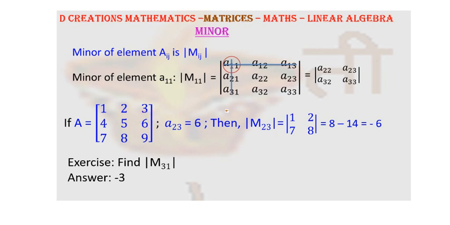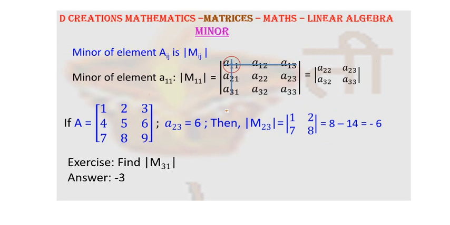So how do we go about it? Looking at the standard procedure, you need to first of all neglect this particular element. We won't be including it in the calculation. This is just our reference. And we need to exclude the elements in the row containing this element. That means 4 and 5 need to be excluded, and we need to exclude elements in the column of this particular element. That means we need to exclude 3 and 9. So what are we left with? We are left with 1, 2, 7, 8.